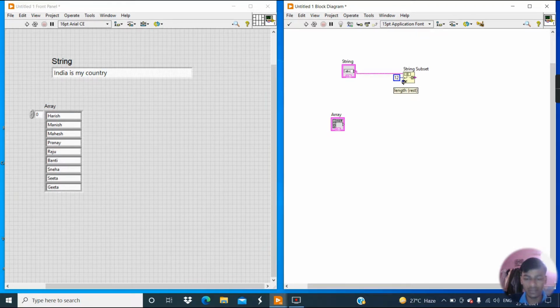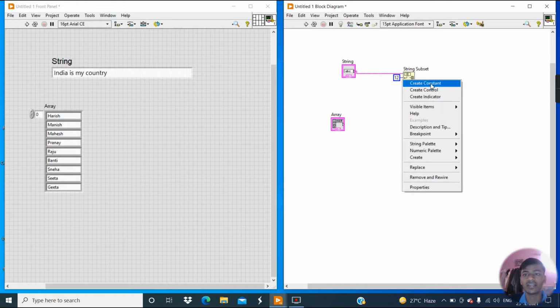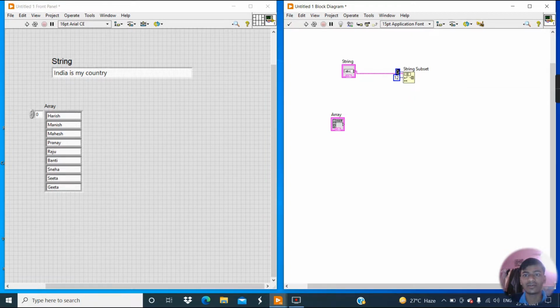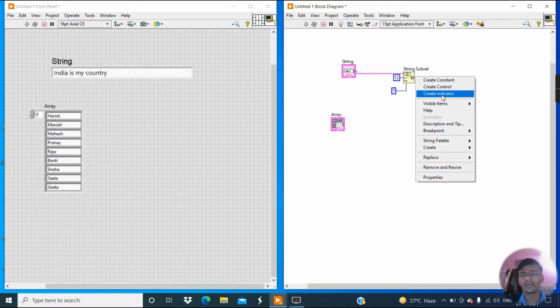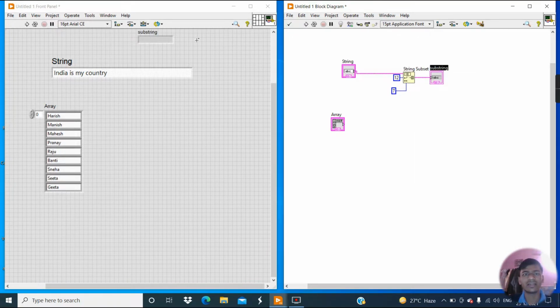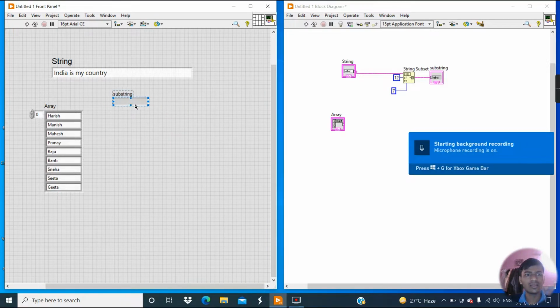Now enter the length. Create a constant, change the position of this constant and enter 7, because 7 characters are present in the word country. Then simply create an indicator and change its position here.